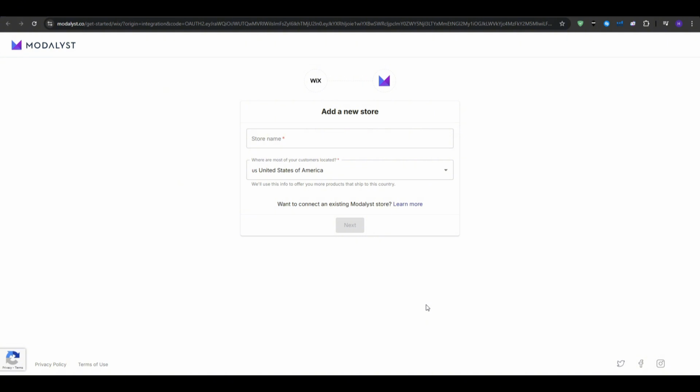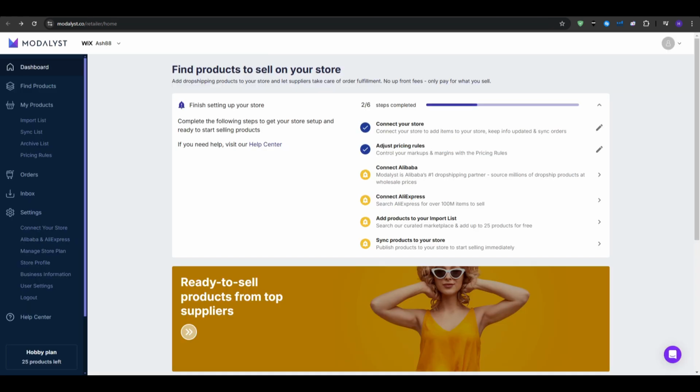So I'm going to enter my store's name and then I'm going to select the United States as where most of my customers are located, and then I'm going to click next. Give it some time to connect both platforms, and now we can go ahead and adjust the pricing rules for our store. And this step right here is where you can control your markups and your margins with the pricing